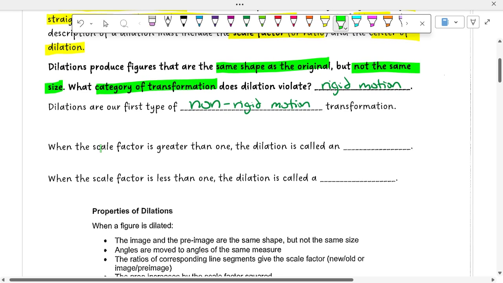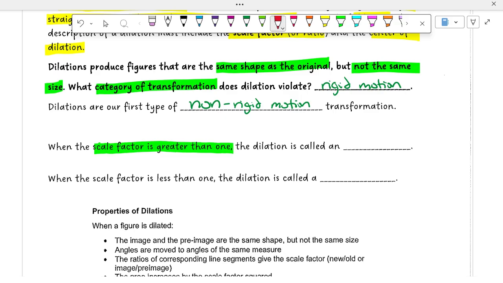Now, if the scale factor, let's call it S, is greater than 1, it's called an expansion. And essentially, expansion is just a fancy word for it gets bigger. If the scale factor is less than 1, so in other words, it's a fraction. So if the scale factor is between